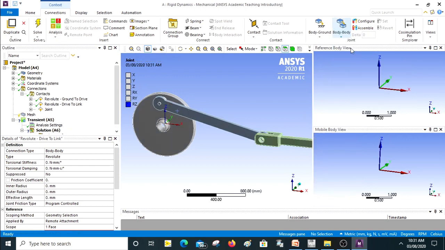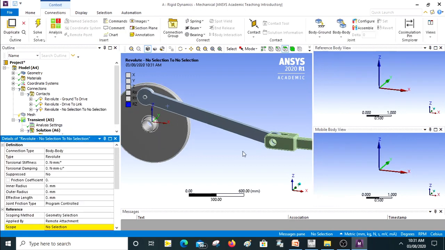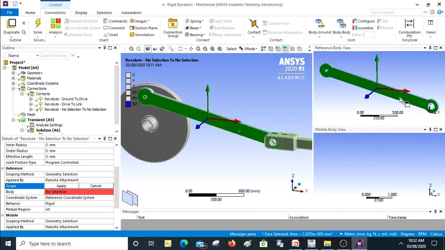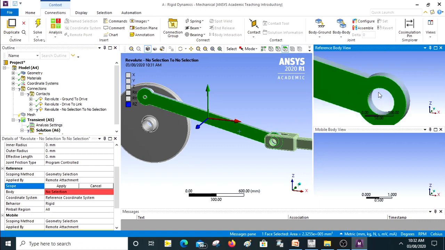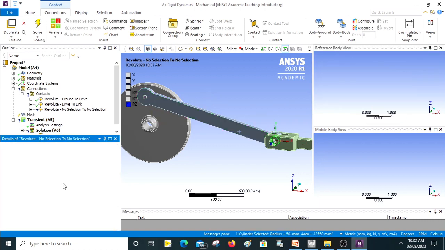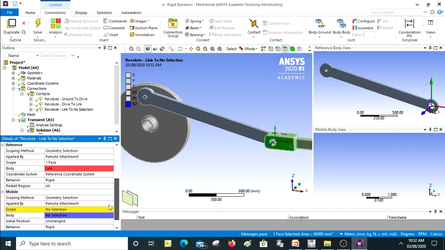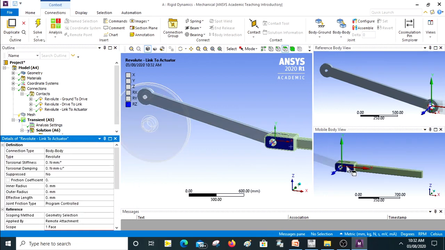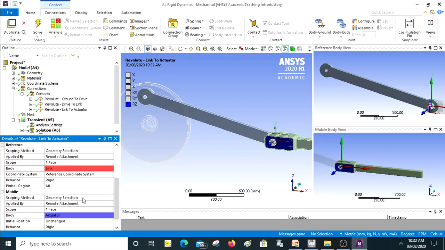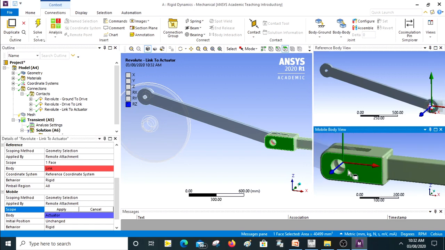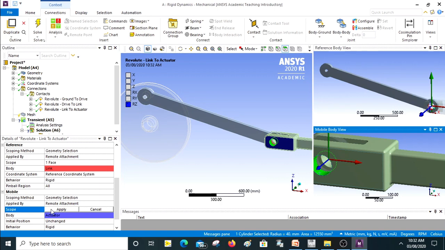So go to body revolute, and as I did earlier, just scroll this, go to scope, and select this entity, but we don't need this. I will be selecting this one, press apply, and now I select this entity, but it should be under the mobile body. Okay, let me just apply it. Now it has come, but actually by mistake I have applied that face, that is not the face. So just select under scope, reselect it again, and now you can switch to the cylindrical face. Okay, now click on apply.